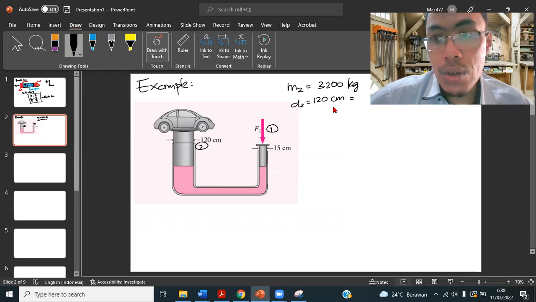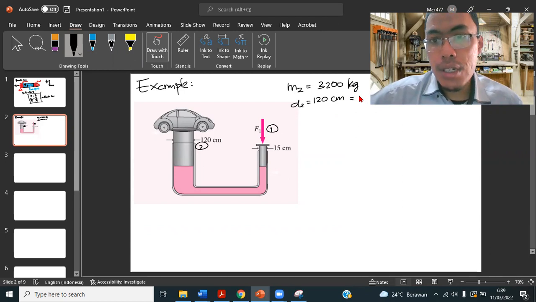So 120 centimeter is 1.2 meter. And then this one is D1. So D1 is 15 centimeters, so it will be 0.15